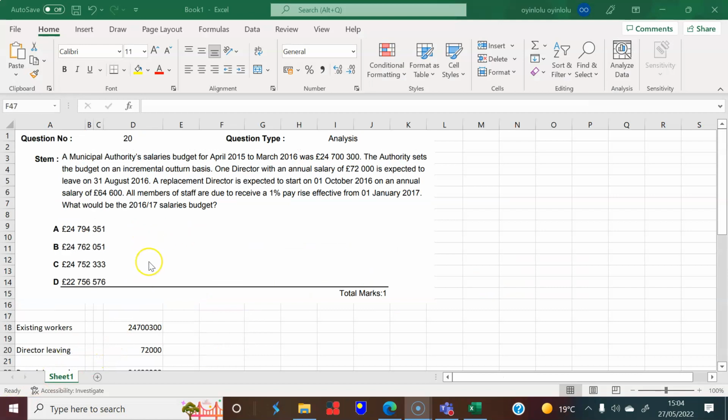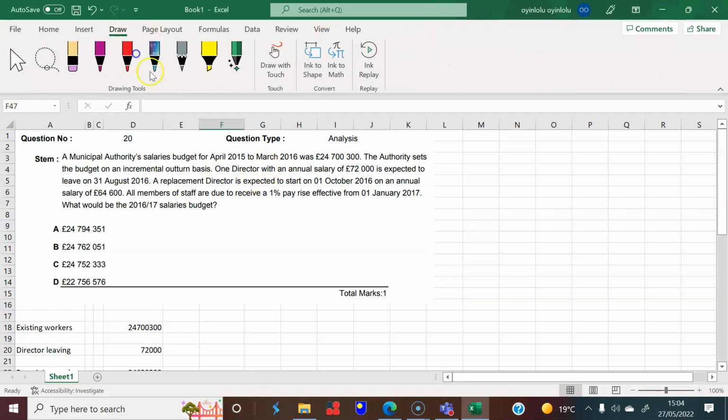I actually had to put it on a separate sheet just because it is a very busy question. You have a number of people. You have someone leaving us, and you have someone joining us. So let's look at it. It says that you have a municipal authority. This is the current budget, and next year